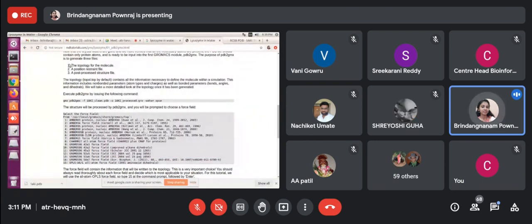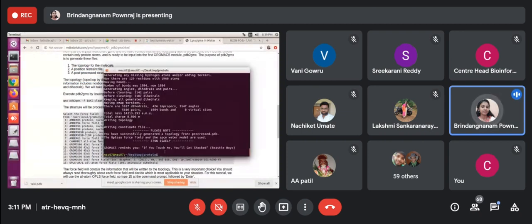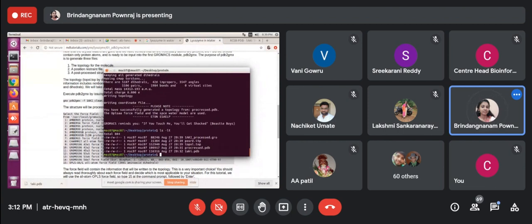And then you will get 3 files after running this command. One is the topology file, another is the position restraint file, and the post-processed structure file. We will see now what the 3 files are. The same way, if you want to know which files were created at the last step, just type ls -lt.